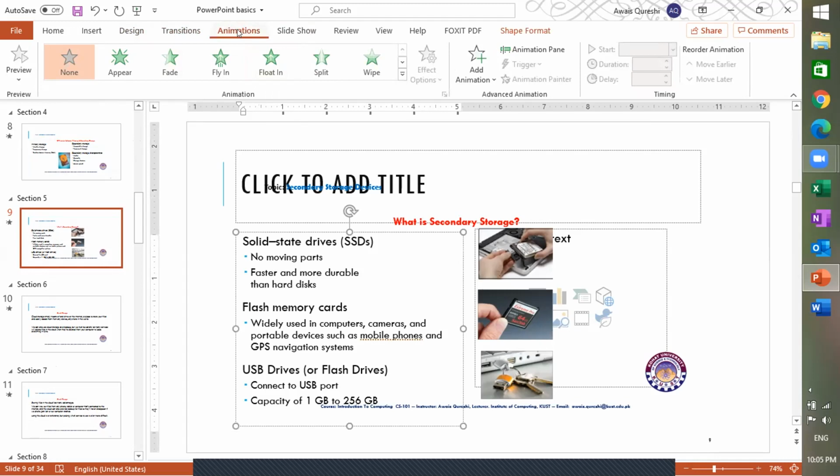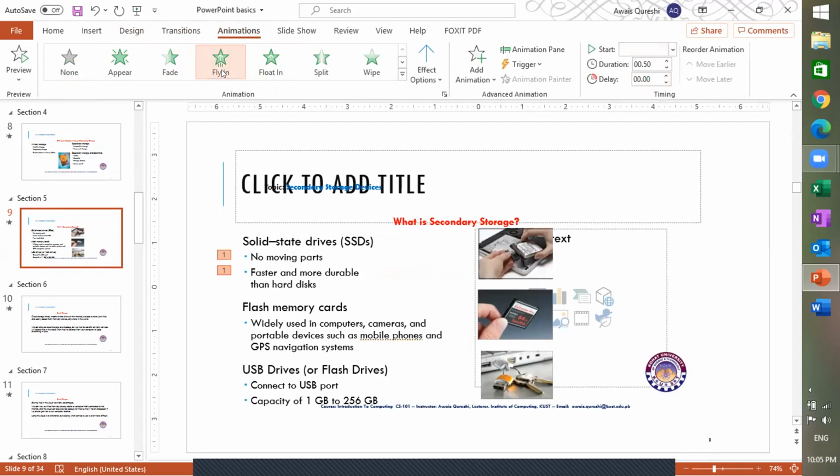On the other hand, animations are built only for your particular text objects. Like if you want to add animations to your individual text items, as you can see on the screen, these are all text items in the slide. Now let me add some animations on that by selecting this, and then I will check it, flying in. So when I click on this, my text items will be animated in some fashion. So design and transitions are for whole slides, and animations are for individual text items or images.